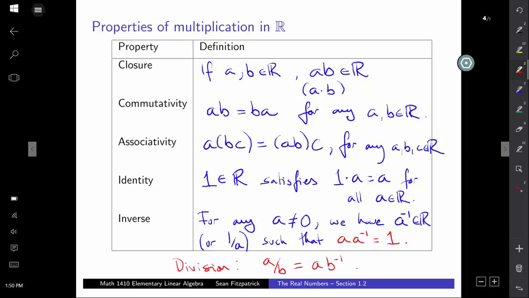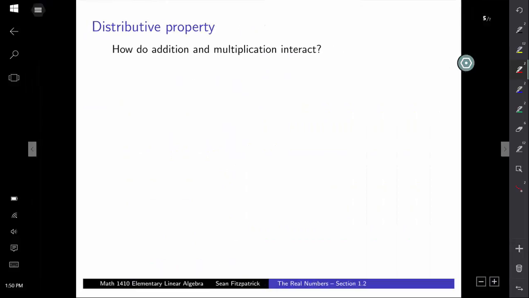So every real number has an inverse with respect to addition. With multiplication, there's one real number that doesn't have an inverse, and that's 0. Okay. Now, we also want to know, how do addition and multiplication interact? Can you combine them? Well, we know that we can. We know that we have this distributive rule that says,